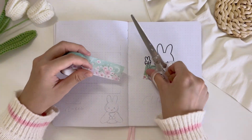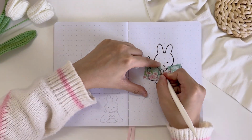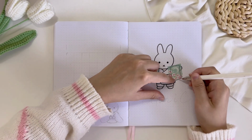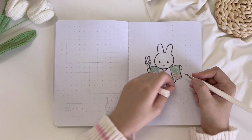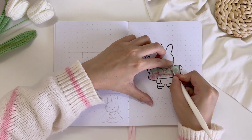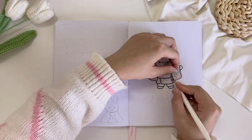But there's actually a special reason why I decided to go for a cherry blossom theme: I'll be traveling to Japan in April. It's always my dream to travel to Japan, and I honestly can't believe that I'll be flying to Japan in less than 3 weeks. I'm going there to see some cherry blossoms because it's the spring season at that time,